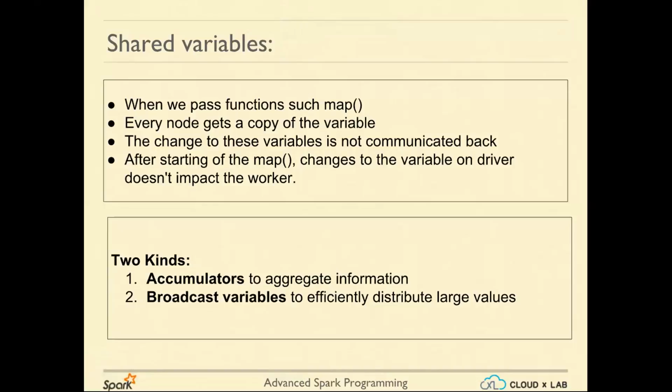Whenever we are passing functions to map or flat map or any other function, your code is going to be distributed on all the machines. And along with the code, it will also refer to all the variables that it is depending upon,